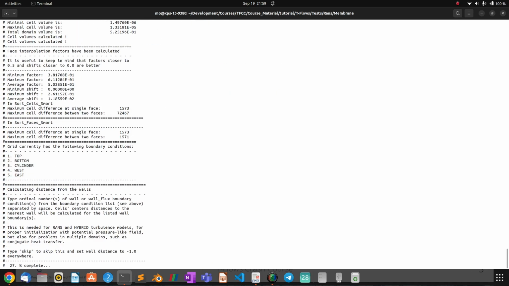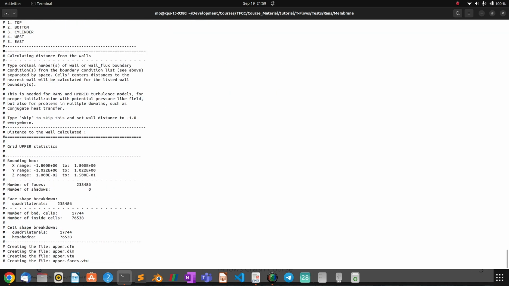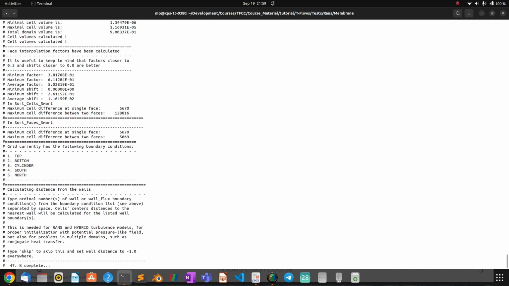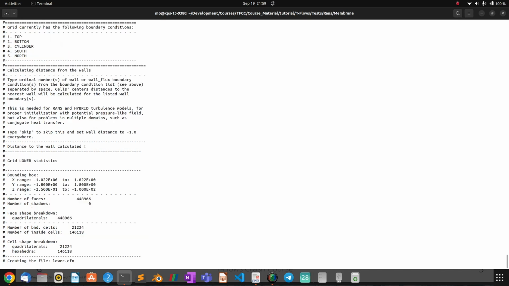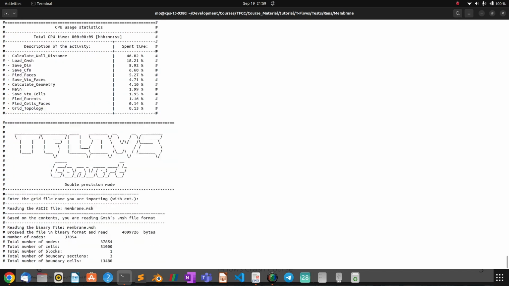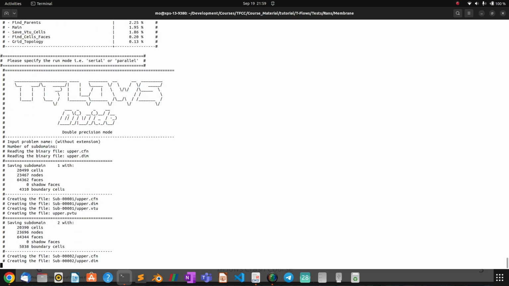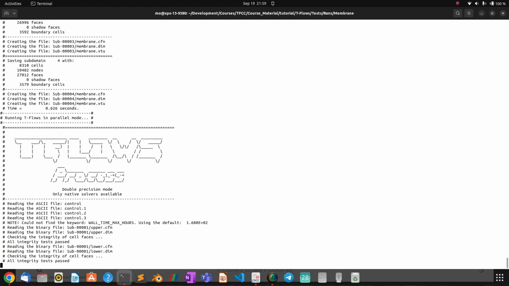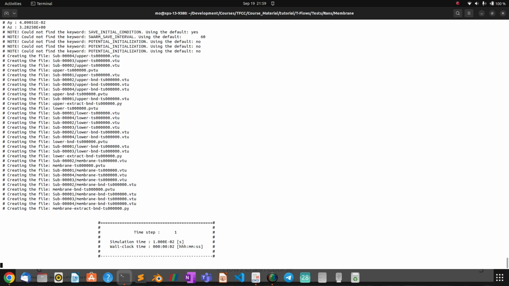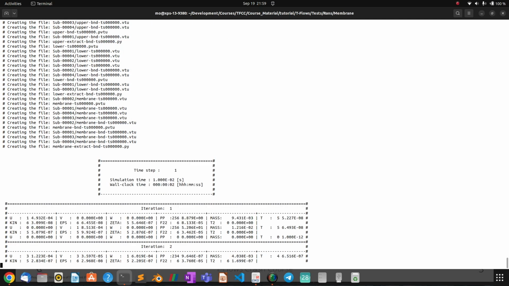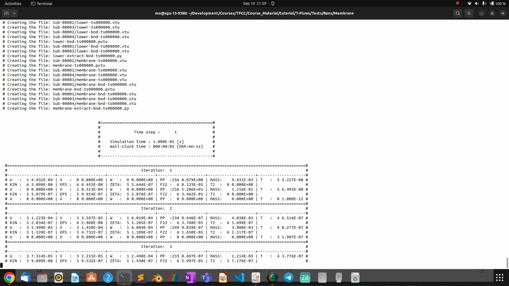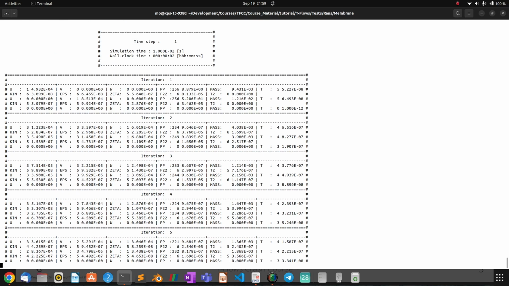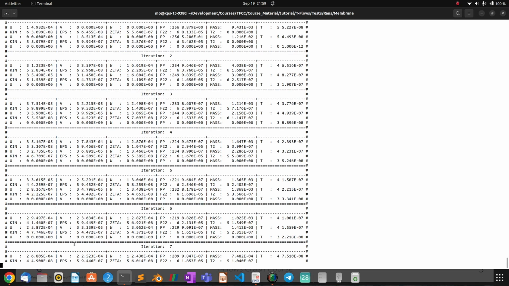Then it extracts the meshes because they are already generated, but they were in GZ, a zipped format of a file. It gunzips this, extracts the mesh, then puts it into MSH, which is the standard Fluent format. Then it converts it into the local format of tflows, divides the domain into 4, and then starts the solution. While the solution is running, I'm not going to stop it,